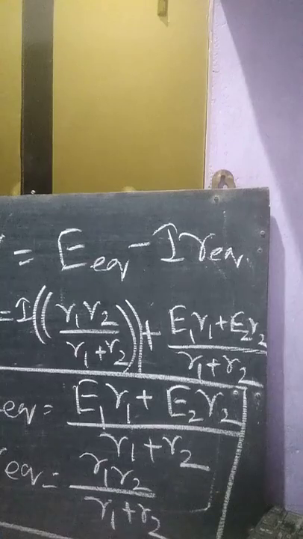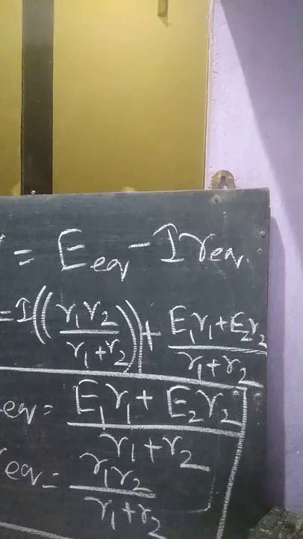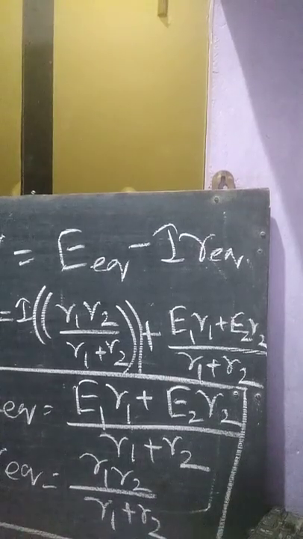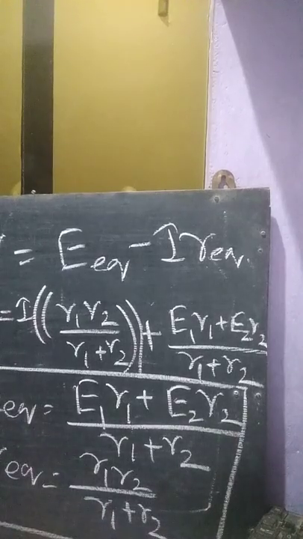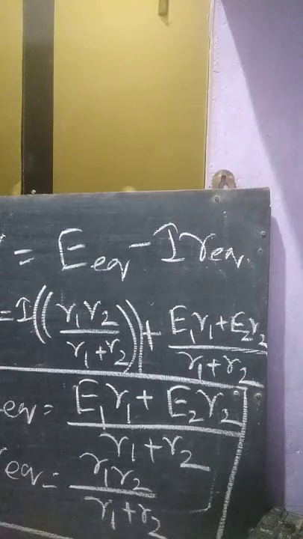When we connect cells in series combination, it basically increases the voltage, and when the cells are connected in parallel, it basically increases the current. Okay. Now I think this part is done. In the next part, I will continue with Kirchhoff's laws, that is KCL and KVL, and from there I will continue with some numericals. So today I am completing this video. Thank you.